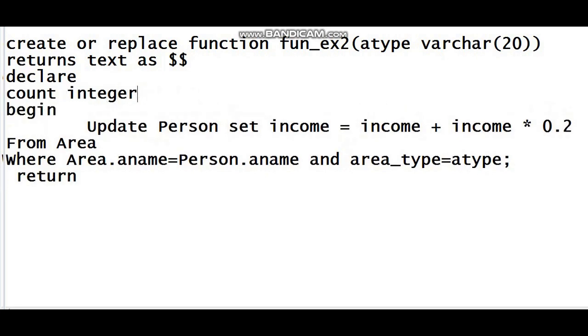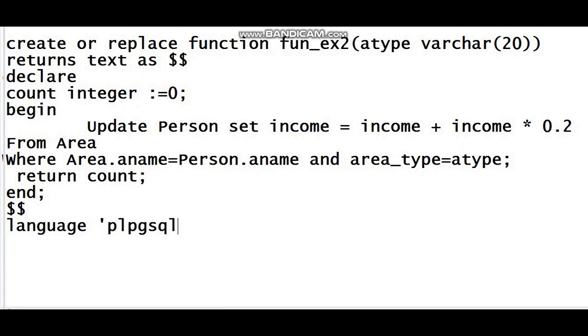Integer is equals to 0 and semicolon, and here I return, since I have to return something, that's why I am returning it over here, then enter, and here end of the loop and semicolon, then $, here I am going to write language. Okay, and here plpgsql in single quotes and semicolon.